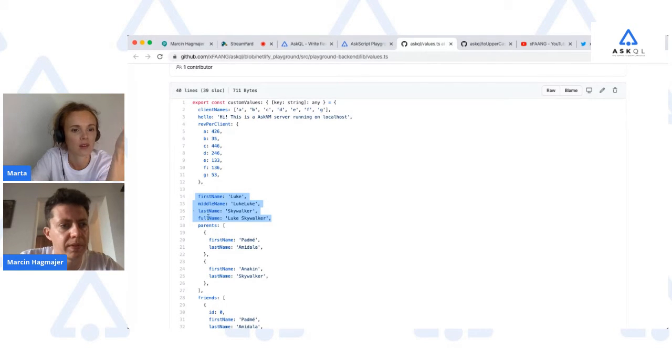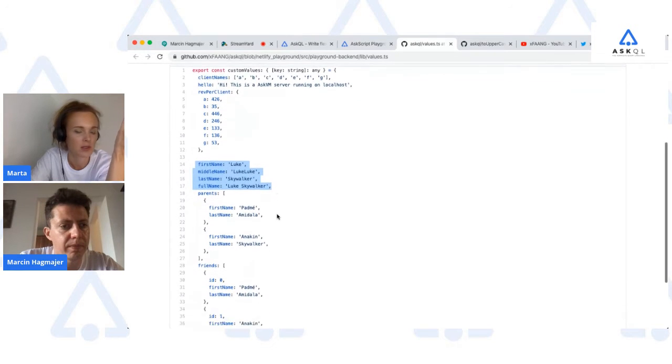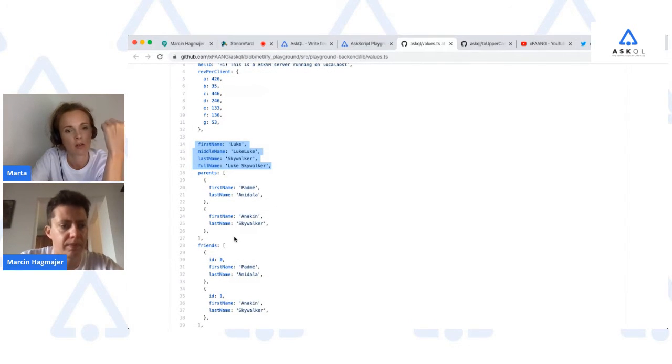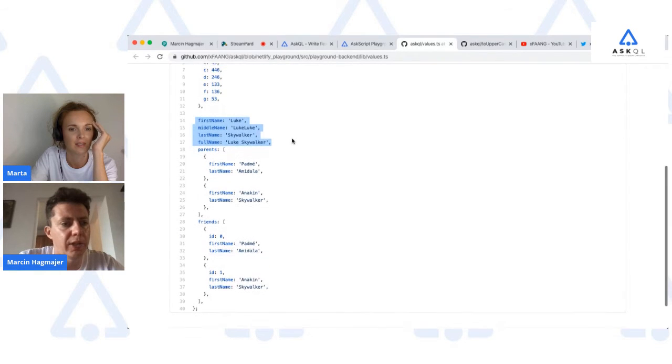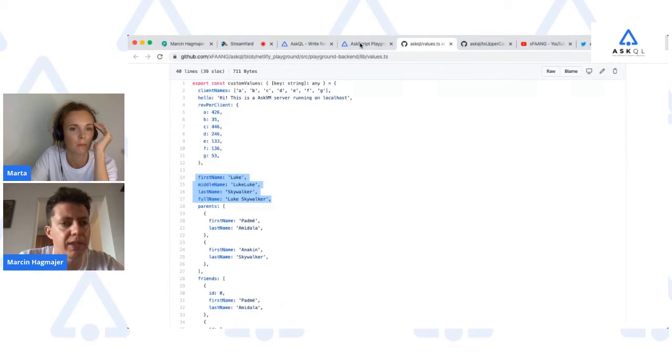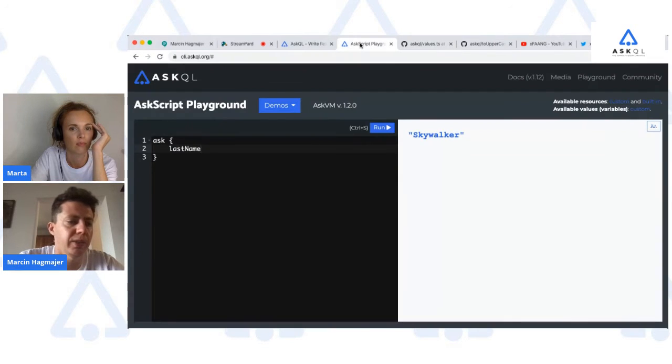Well, it's not identified. If I wanted to get all the information from a list, for example friends, I would just say friends, and it would return everything. But this one is not named as a whole. It's not. However, with query, you're allowed to specify a few things at the same time that you need. And I can call for last name, first name, and just write. I think so. Yeah. We can try that.